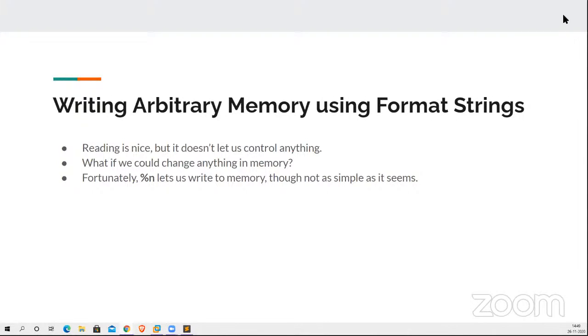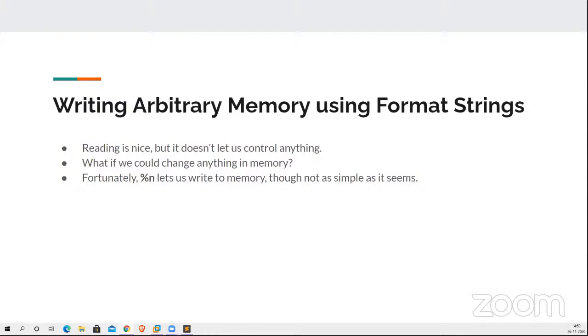For example, what if the application does not have anything you can use, or let's suppose the application has some credentials, but with reading, you are only able to do what the application can do by itself, right? But what if you can write, or modify any location in the program? If you are able to write the value of your choice to the address of your choice, you can basically change anything in the program,